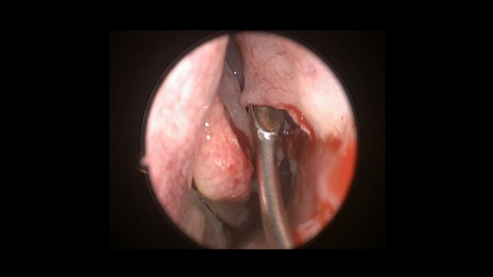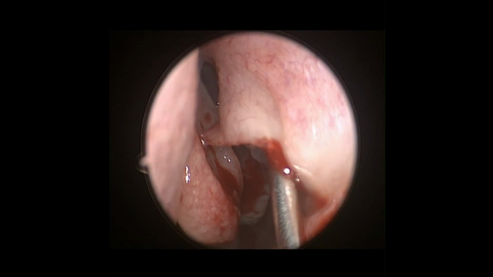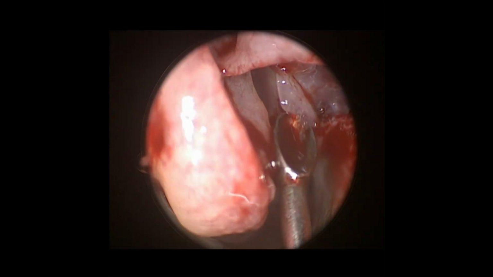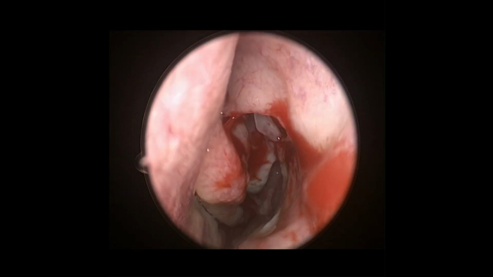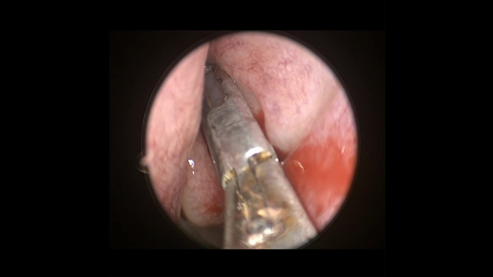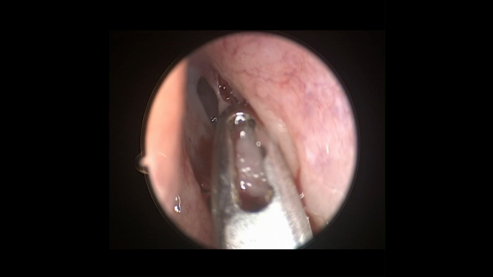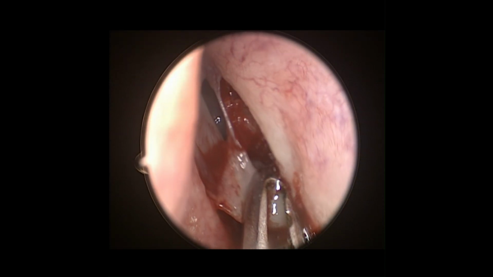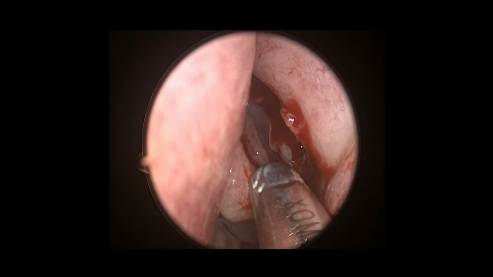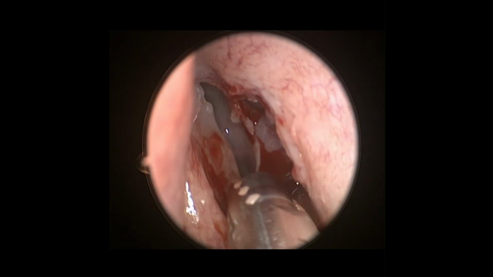Next, a J-curette is passed into the infundibulum, the space between the uncinate and the medial wall of the orbit, and elevates the vertical part of the uncinate medially and anteriorly, opening the space clearly. The vertical segment is then removed with Upton Blakesley forceps or with a debrider. The engaged forceps should be moved in inferior and posterior directions, which gives good mucosal direction and preservation of lateral mucosa. After removal of the vertical part of the uncinate,